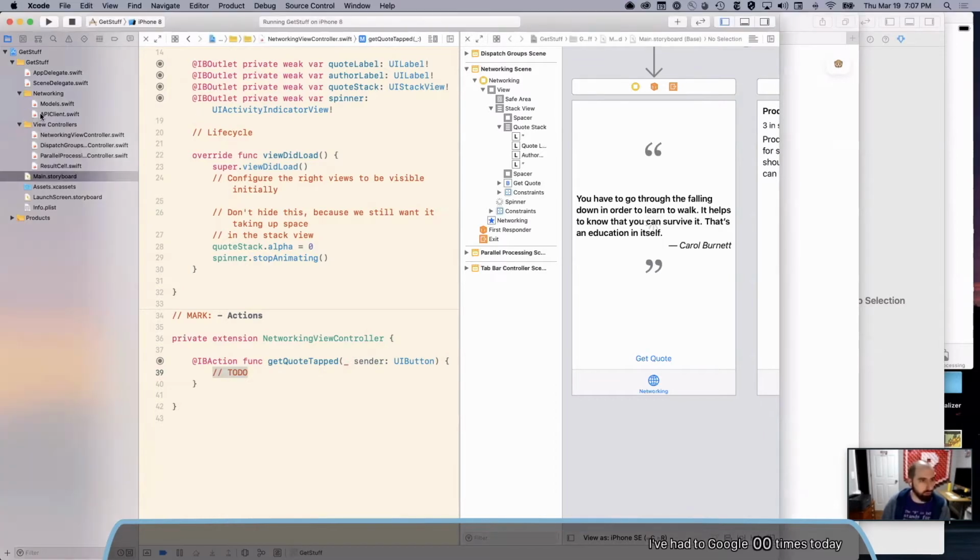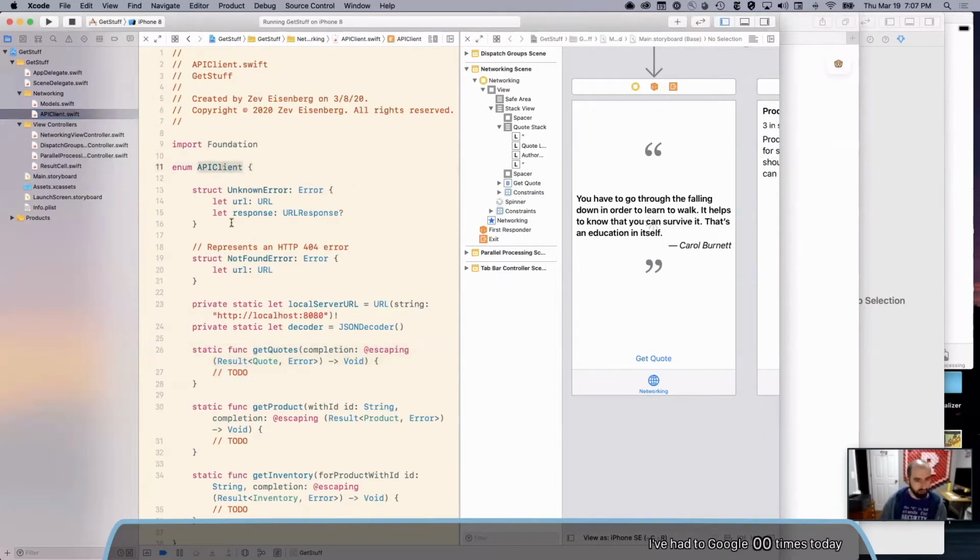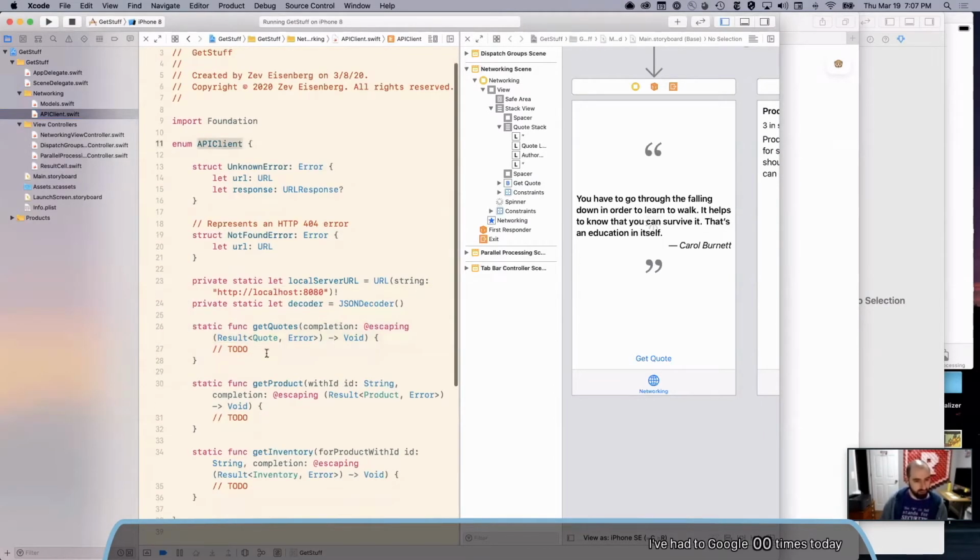So if we review what that was, API client has a static function get quote, and it takes a completion closure that gives us back a result that's either a quote if we got one, or an error if something went wrong. And so we have to implement this method and then call it in the view controller.